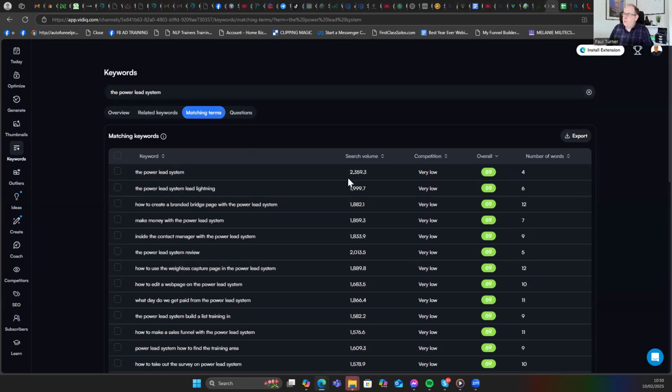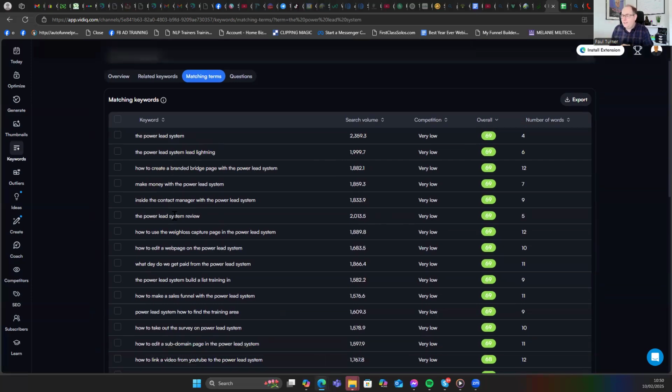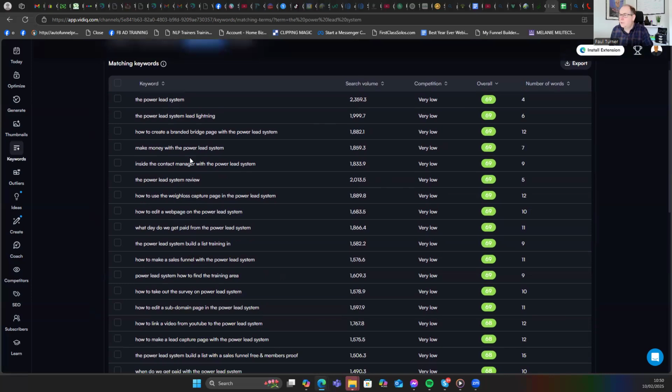So the power lead system itself gets about 2,300 searches a month. How to create a branded bridge page under the power lead system. Very low competition. Okay. In fact, they're all very low. Look, very low competition. Decent number of searches. Now, if I made a video for each one of these things that are relevant, I think sometimes it's like